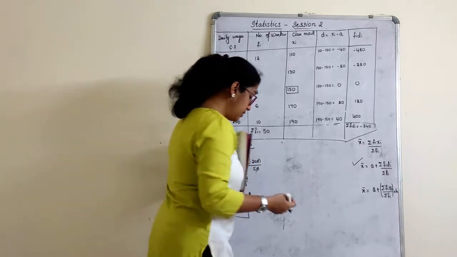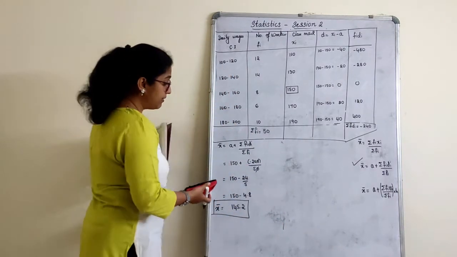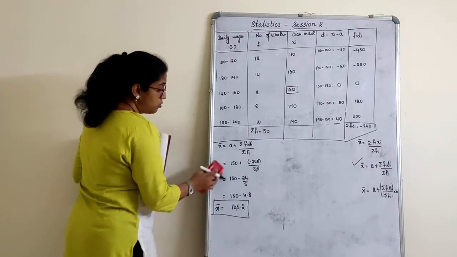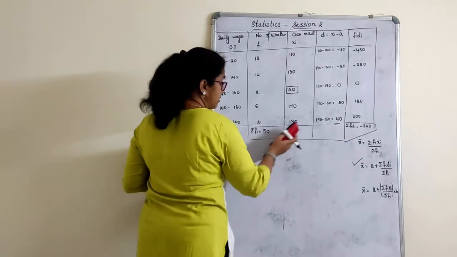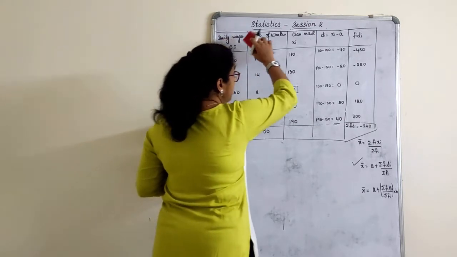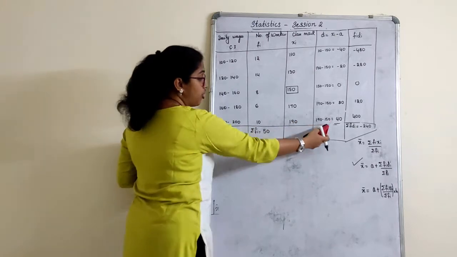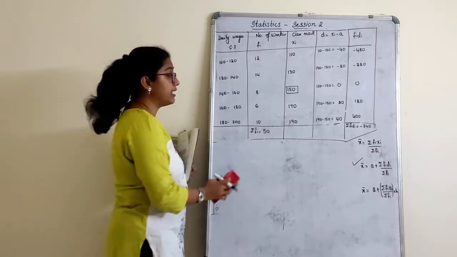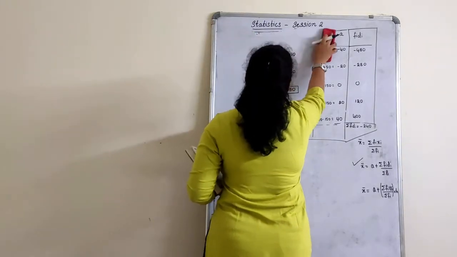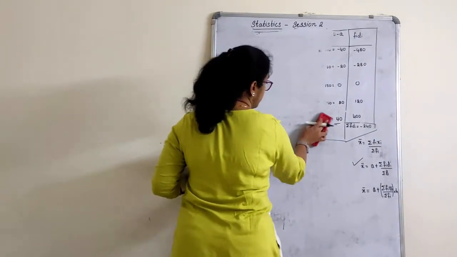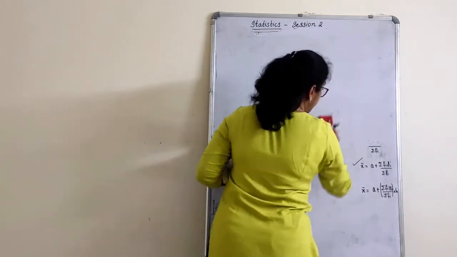Now the next question is one where some unknown term is given. We will see that. So please make a note of this. All the calculations of statistics, do them neatly below or at the side wherever you have space, and make very sure that this tabular column comes in one page correctly. Half column here and half column here is not accepted. Let's start with the next one. Let the formulas be here.